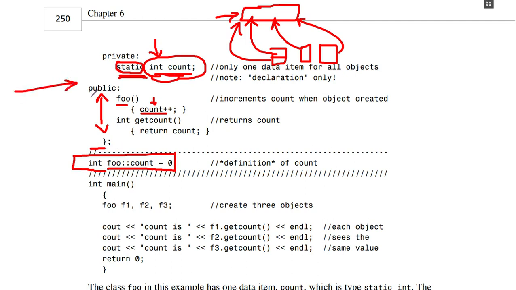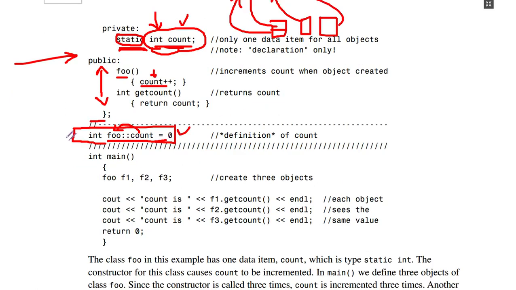So this is only a blueprint, and this assigns some space outside the definition of the class. We say this will belong to FOO, and it is initialized to 0, to make things consistent. And once we make this blueprint, this count variable is static, so it is declared over here. Now,